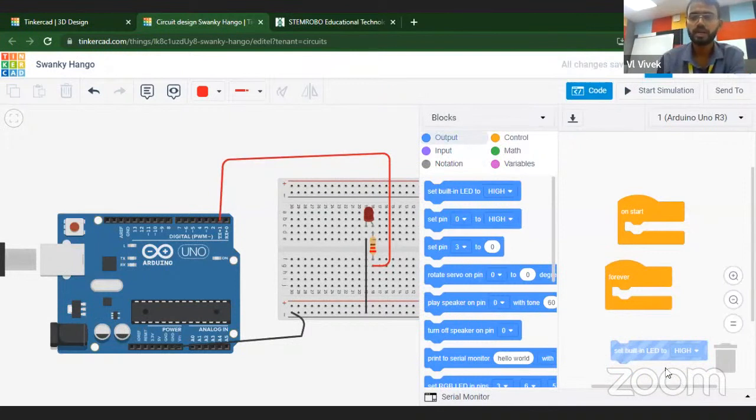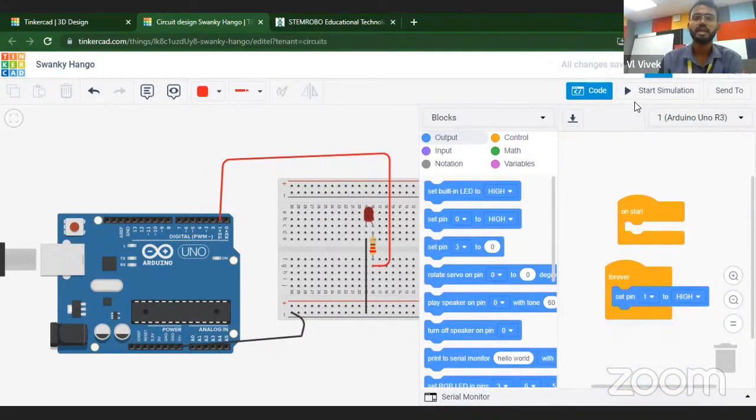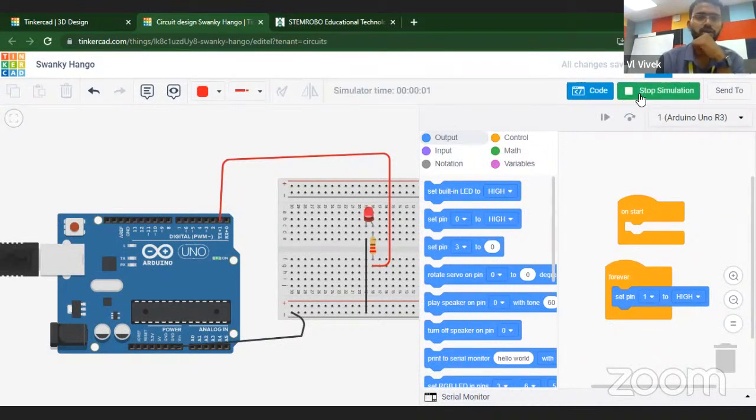I just click on again output option and drag set pin. Okay, and now I will click on A1 option and now I will click on start simulation. Now I will check whether it is working or not. Now it is